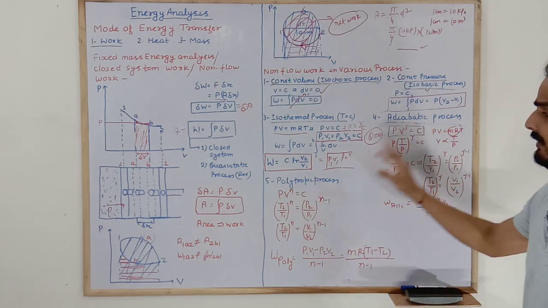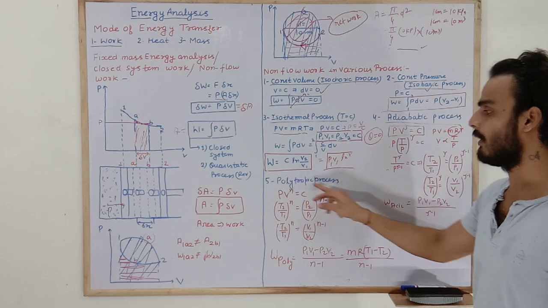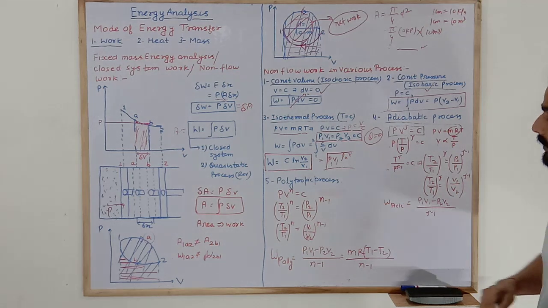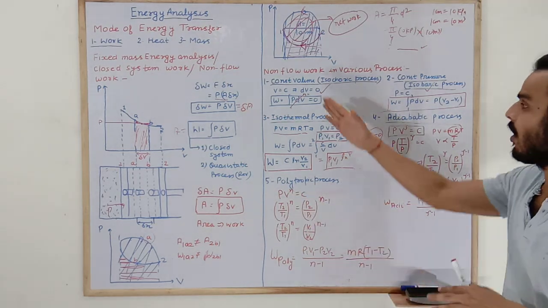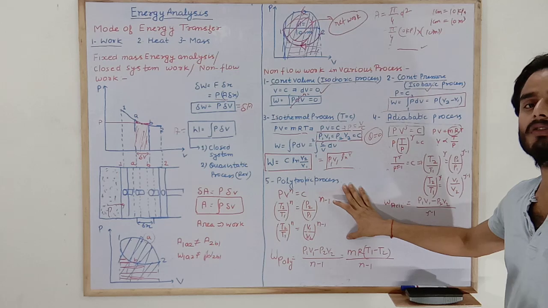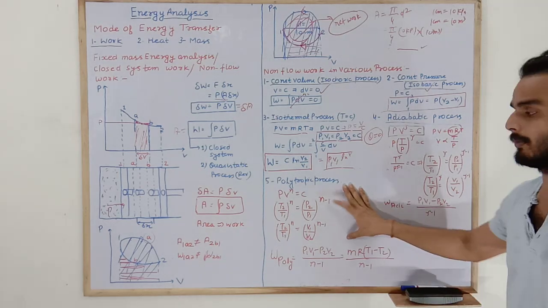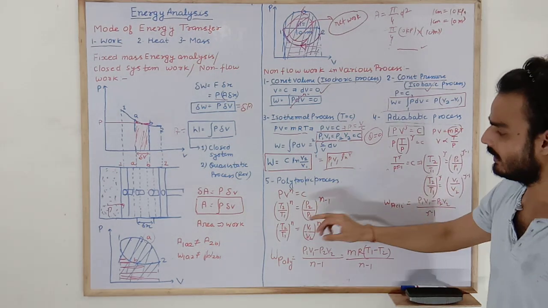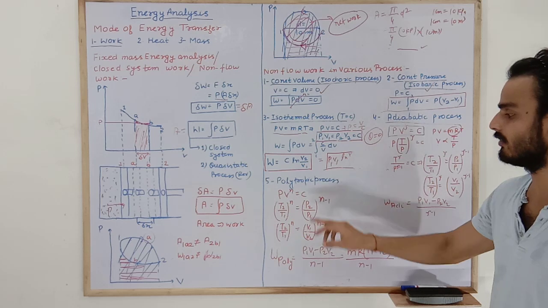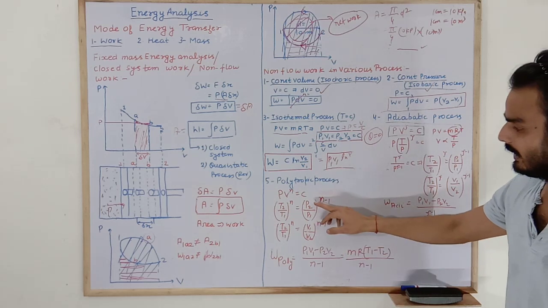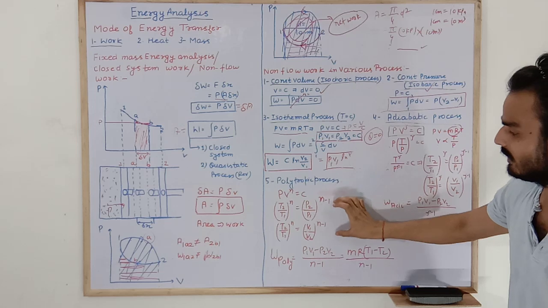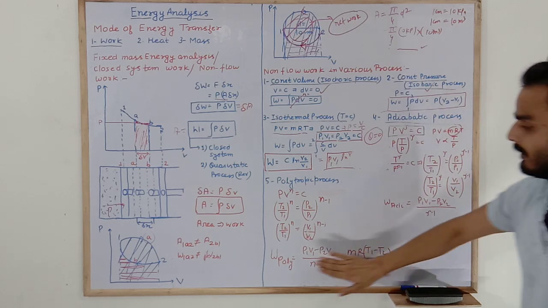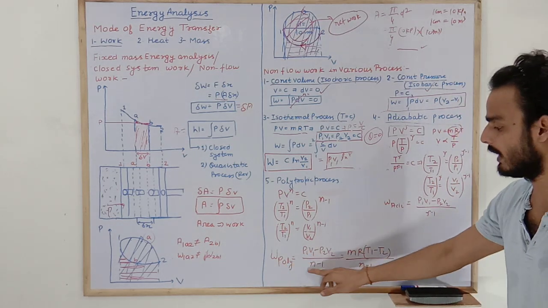Now similarly, I am talking about the generalized process, the polytropic process. Look here, PV raised to power n is equal to constant. If you put the value of n, you will get all these processes. So this is the generalized process, that's why it is named polytropic process. After simplification you will get T2 by T1 is equal to (P2 by P1) raised to power (n minus 1) over n. Similarly, instead of P2 by P1 we can write V1 by V2. So these two formulas are very important, and the work done for the polytropic process, same as before, is P1 V1 minus P2 V2 divided by n minus 1.